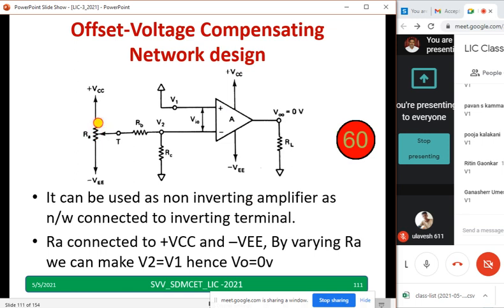If I move towards above, it will go towards plus VCC, maximum plus VCC. If I am moving towards this side, clockwise or anti-clockwise, it will go towards minus VEE. So I can vary this voltage from minus VEE to plus VCC. That much is not needed actually. A little voltage, either towards plus VCC or towards minus VEE, if I rotate a little bit, automatically output will become 0. So copy down this particular circuit.